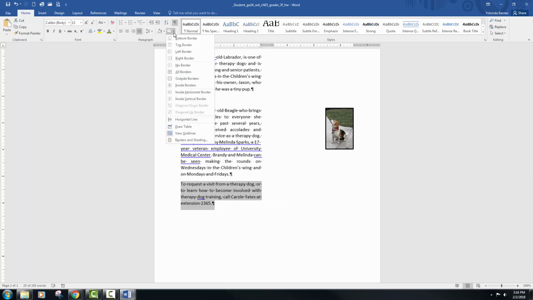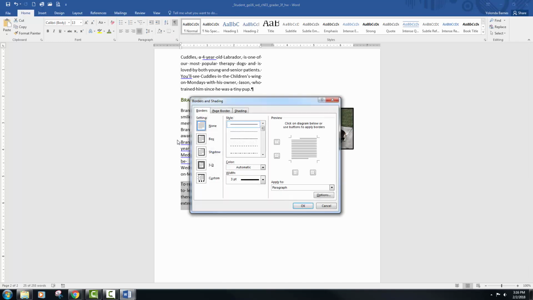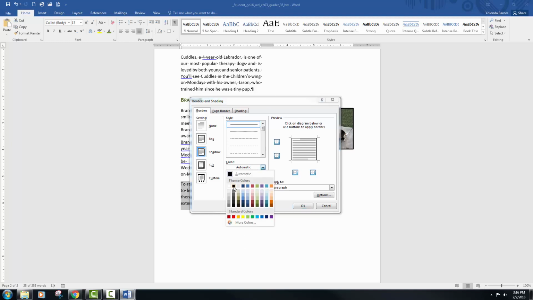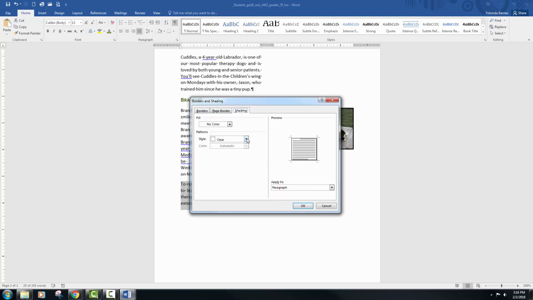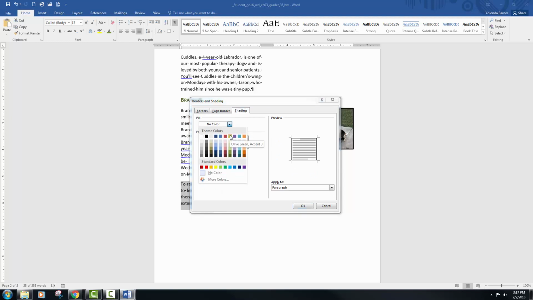So let's go into borders and shadowing, and we want shadow, and we want 1 point, and the color will be black text 1. And next we're going to go to shading, and the fill color will be olive green accent 3, lighter 80%,